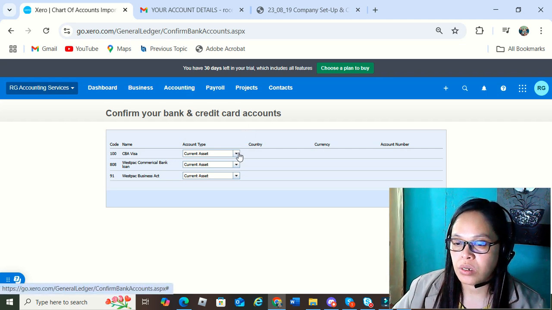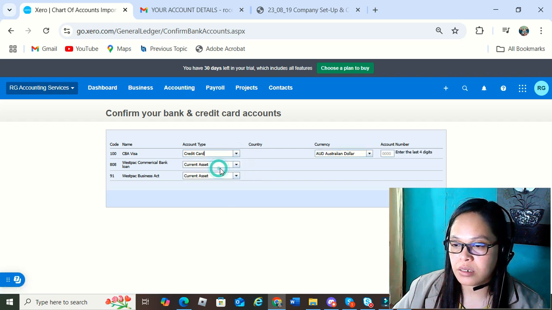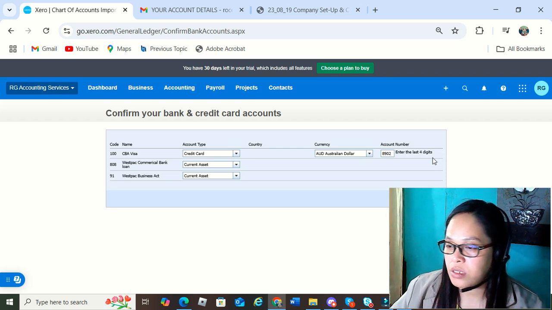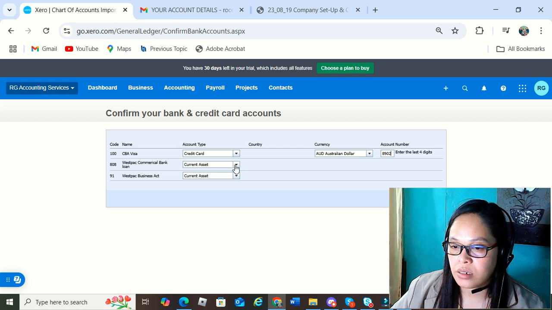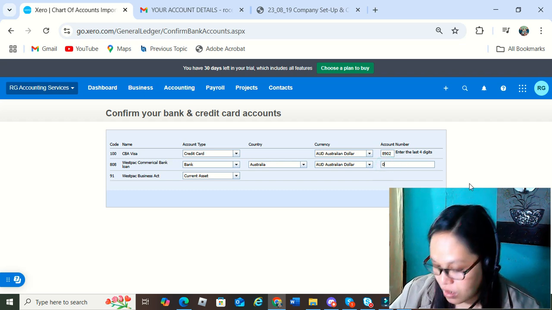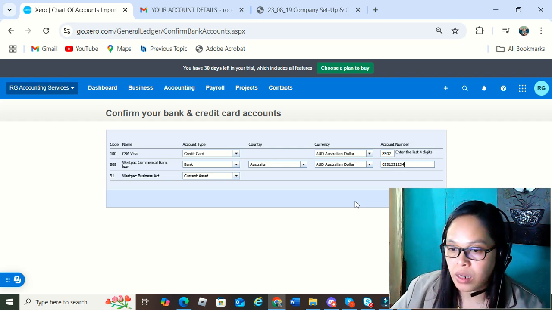So CBE Visa is a credit card. Then you can input here the last four digits of the credit card. Westpac commercial bank loan is a bank account. Then you can input here the bank account of Westpac.